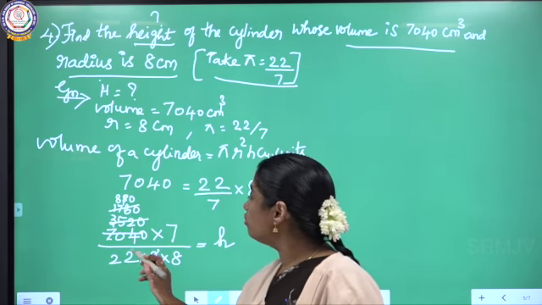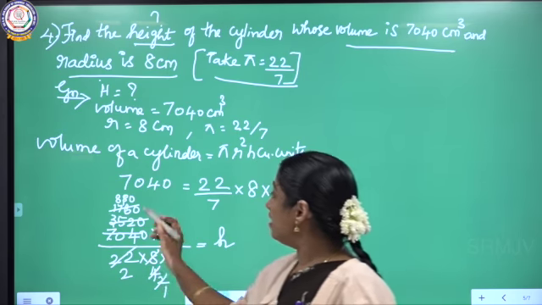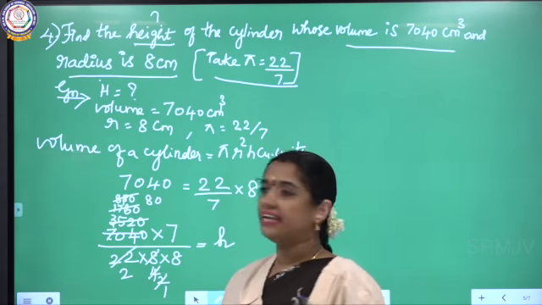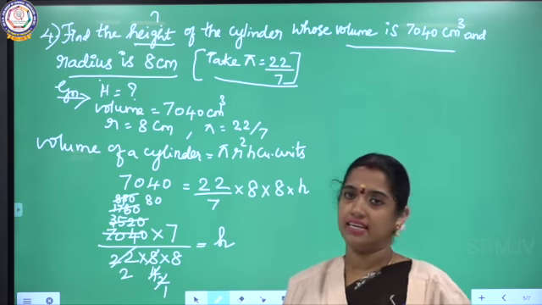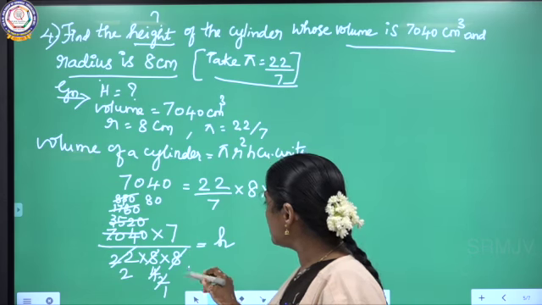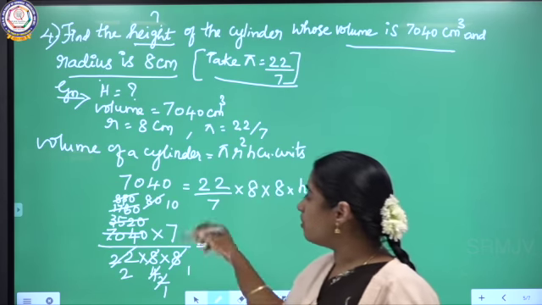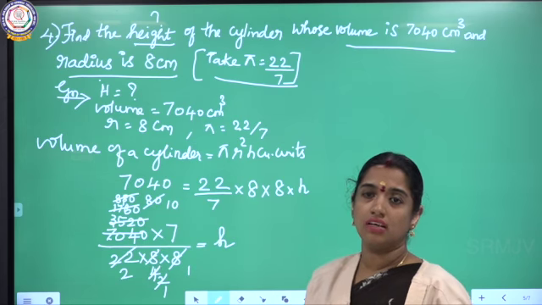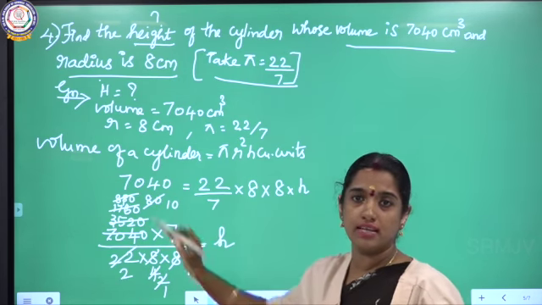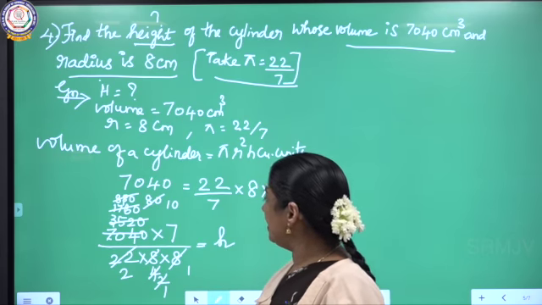Listen, level 2s are 22. 11, 80s are 880. Got it? Now listen, 8 ones are 8 tens are 80. You have to carefully cancel this. Okay. So, once if you thorough the tables only you can do this step. So, 8 ones are 8 tens are.